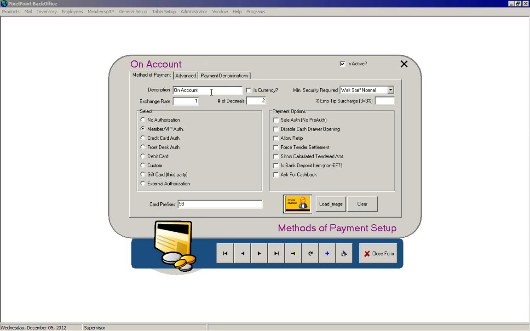On account. On account is a form of member account, or a house credit. So if I'm Scott the VIP and I walk into your restaurant and say I'll have a lobster dinner and just put it on my account, then when it comes to payment time, you select on account. And if I have, let's say, a $500 credit or $100 credit or something like that,